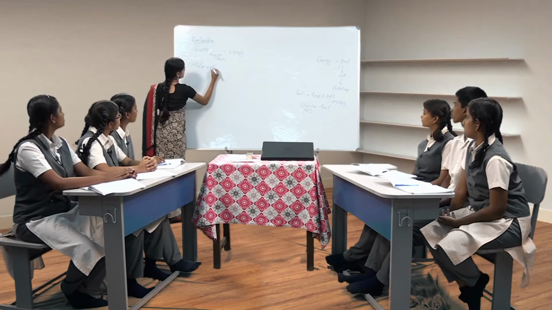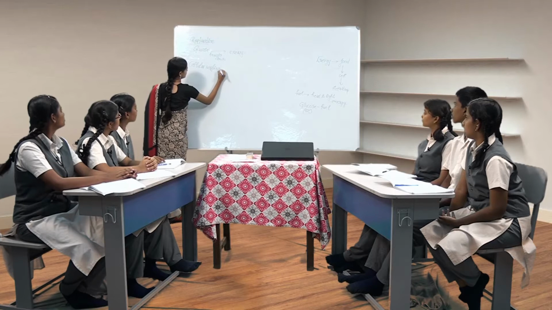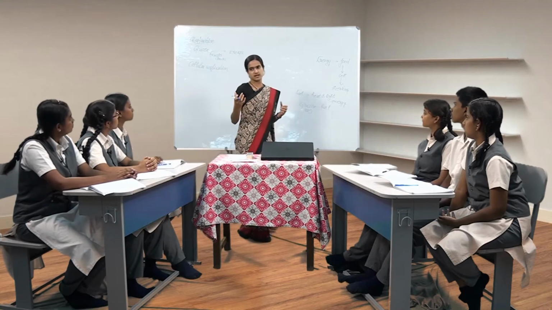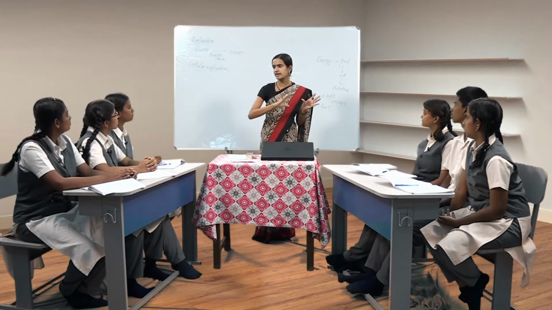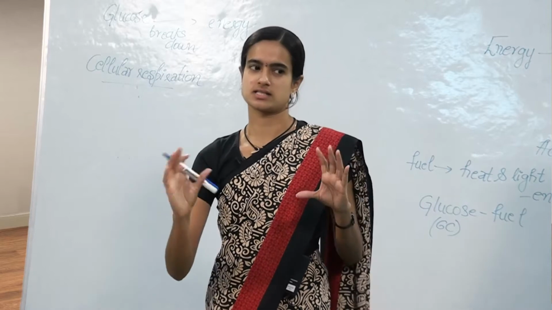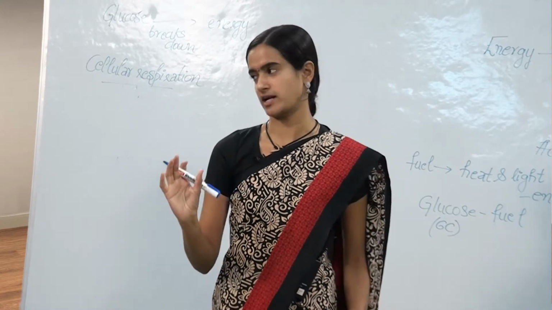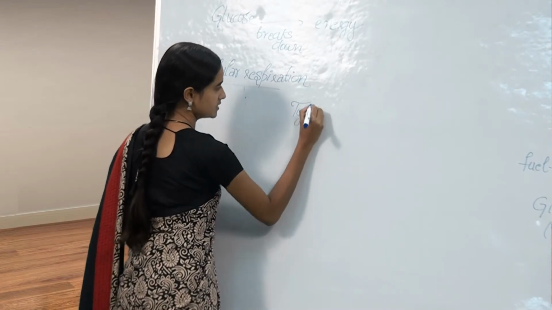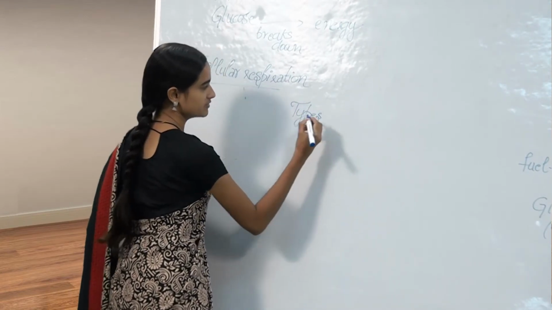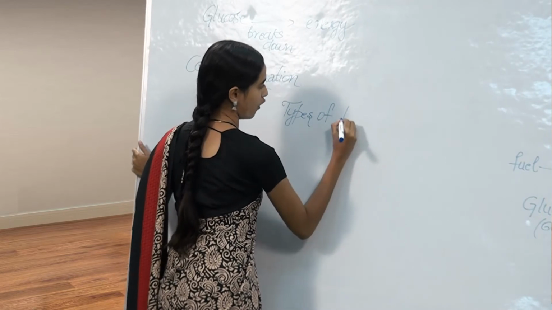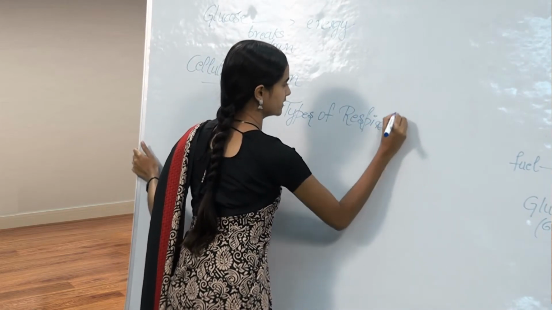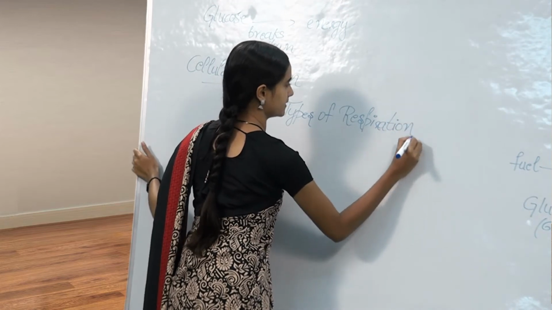Very good. So we have reached the introduction of our unit, that is respiration in organisms. So when I say respiration in organisms, does respiration happen the same way in all organisms, or are there some differences? There are some differences. So today we learn about some of the types of respiration, or how respiration varies in different organisms. You might already know some of them, but we'll take it in a detailed manner.